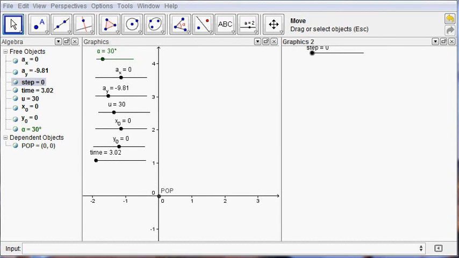This is the second in a series of screencasts to demonstrate the simulation of projectile motion. In this screencast I'll show you how to calculate some of the important points along the path of the projectile. Alright,